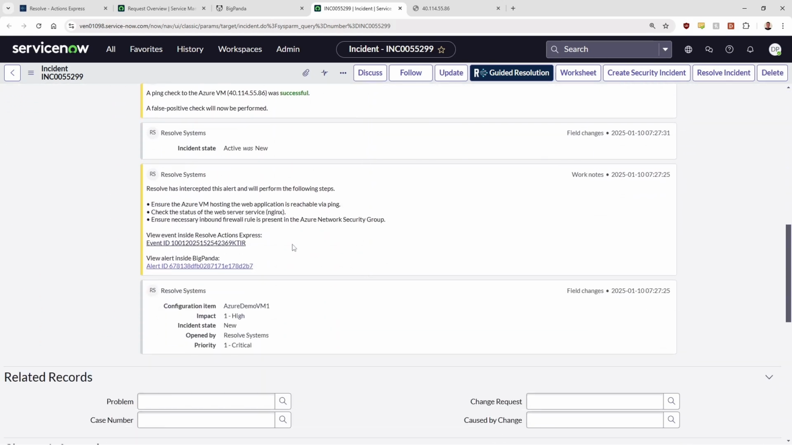Now let's start down at the bottom. The first note lets us know that the workflow is going to ensure that the Azure VM hosting this application is actually reachable via ping. It's going to check on the status of the web server service, in this example today, Nginx, and it's also going to assess inbound firewall rules present in the associated Azure network security group. It also included those direct links to the BigPanda alert and the Resolve audit trail execution log like you saw